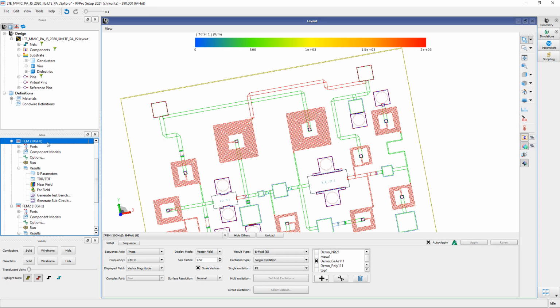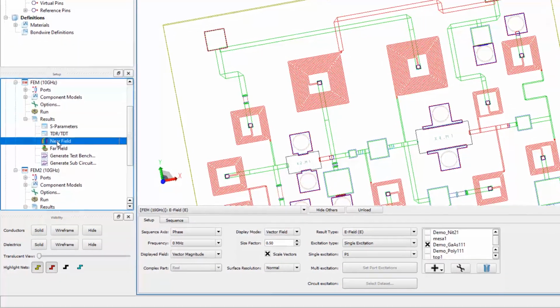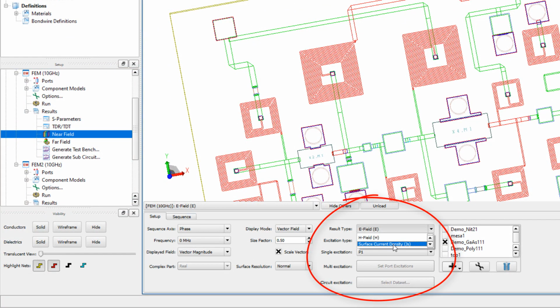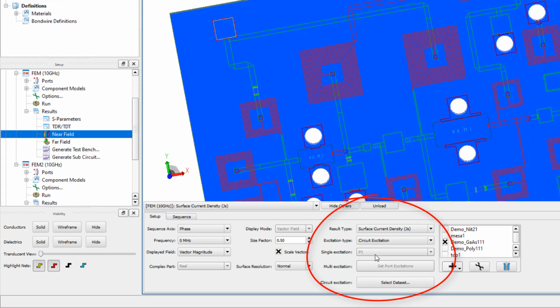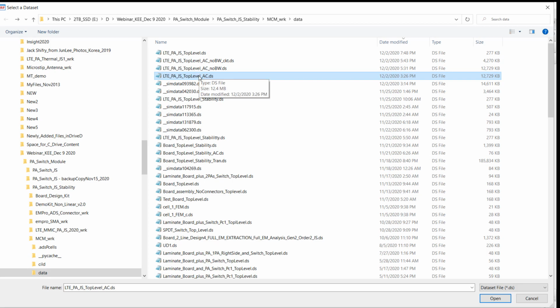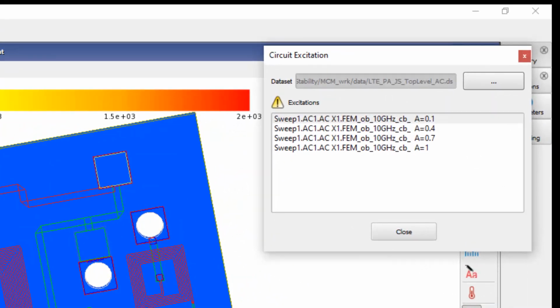In RF Pro, under the Results tab, I click on the near field results and I ask for the current density and I select the circuit excitation option. Now for the circuit excitation option, I browse and select the AC circuit simulation I have just performed with the dataset name that has the underscore AC extension.